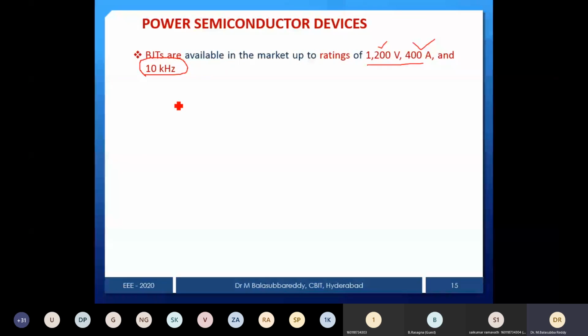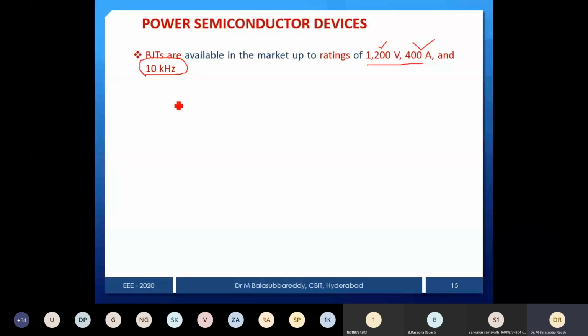What is the meaning of frequency here? As I told initially in one sentence, this device or the total subject deals only with switching on the device and switching off the device. That's all, nothing else. So if your on and off frequency is high, it means the switch on and switch off intervals have less time duration. So you are switching on and off many more times if the frequency is higher and higher. That is the only difference.